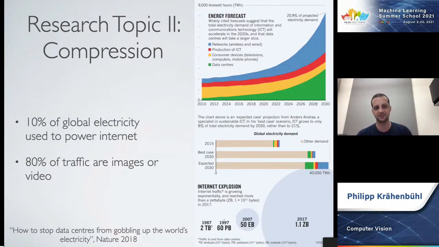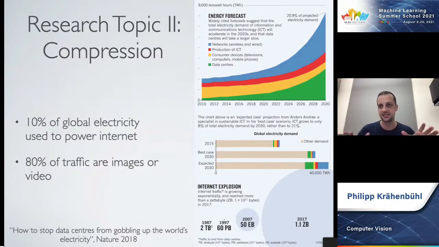Okay. And so if you're interested, there's a nice citation down there. There's also some critique work that shows that this might not be the worst thing, because a lot of the data centers that power the internet actually use, at least in the US, green energy, because companies don't want to look bad.